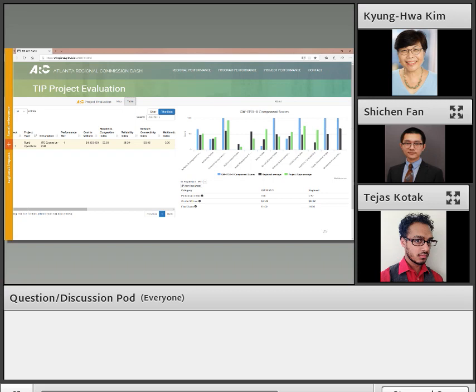The right part, a bar plot, is used to compare each index of the project to the regional average and project type average. Below it is a data table used to compare cost and final score between this project and the Atlanta regional average.